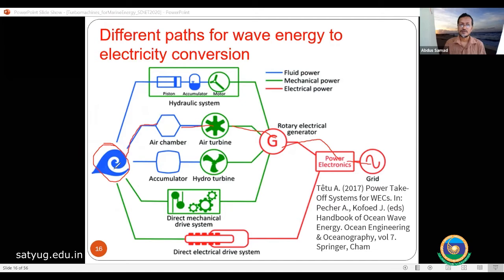There are other designs also available. For example, there is the up and down motion of the wave, as we have seen. If you see crest and trough, the difference is continuously changing. So we can put something like a balloon with a piston-cylinder arrangement such that the piston pumps fluid. You store the fluid and run a motor or turbine, and then you get electric power. Another option is that you directly store it in an accumulator, run a turbine, go to the generator, and get power.